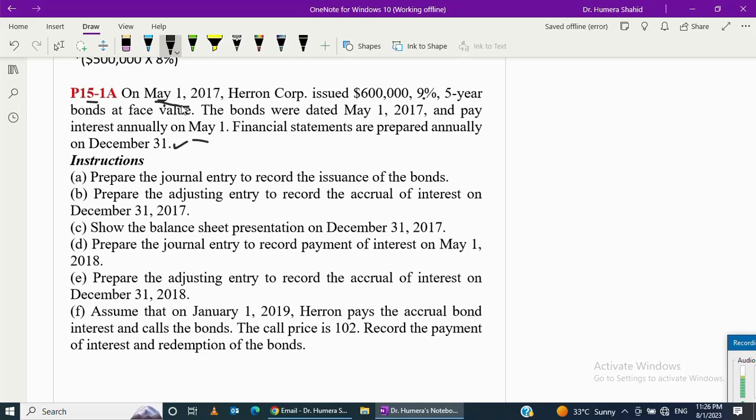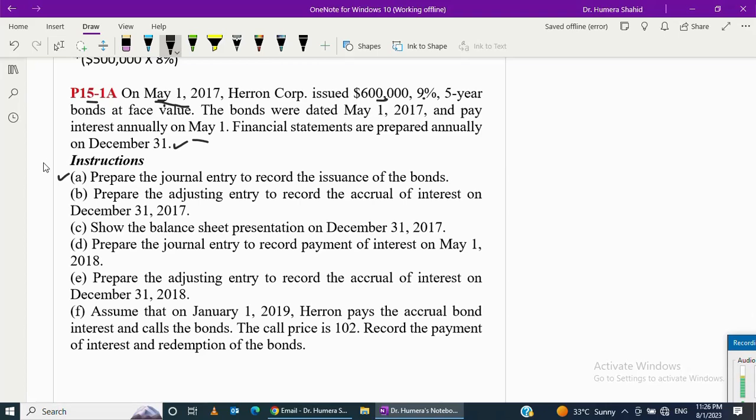So it means in the first year we are not eligible for whole year annual interest expense. We only need to charge a few months' interest expense. Right? Let's do it together. Let's make the journal entry for the issuance of the bonds. So that's very simple. Cash gets debit, bonds payable gets credit,